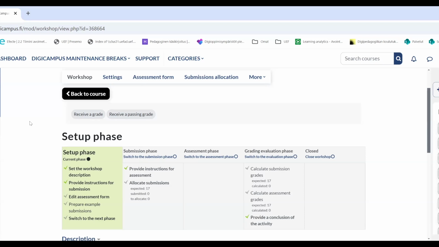So here's a workshop I created for you, and it's on your environment on DigiCampus. So you can try it yourself later. But now I'm going to show you the settings of this workshop, and then I'm going to show you how to proceed with a student